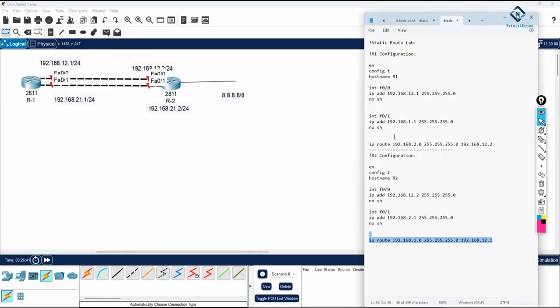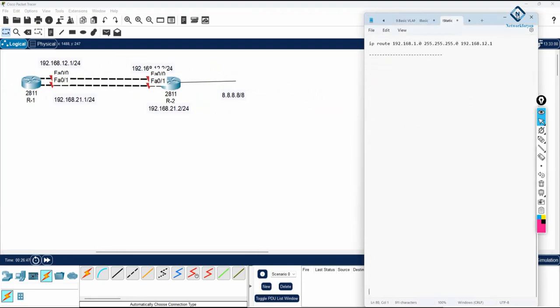So what I will do, I will take this notepad, we can write here only, I will divide this notepad, I will put here floating static route. So I will write here floating static route. Here we will write R1 configuration,